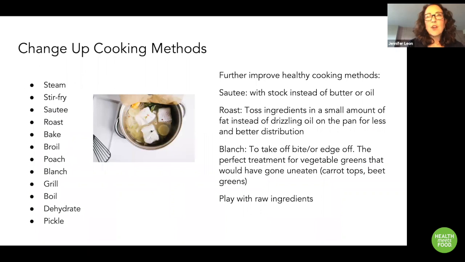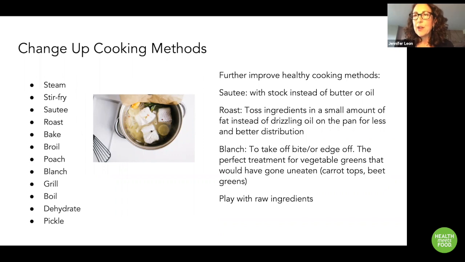So when patients are learning to take the processed or ultra processed foods out of their diet and starting to cook, we want to help them make sure that they pick things and learn things that are going to be delicious so that they'll stick with it. And so there's so many cooking methods, and we may not always think of them, and our patients may not always think of them. So thinking through what cooking method might work for the actual item that you're cooking